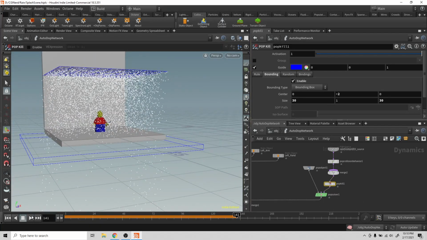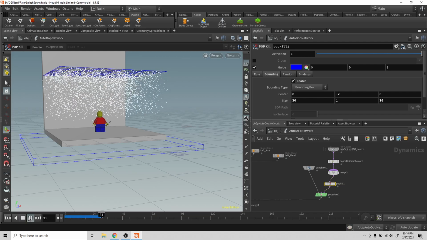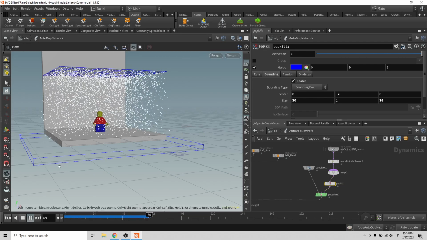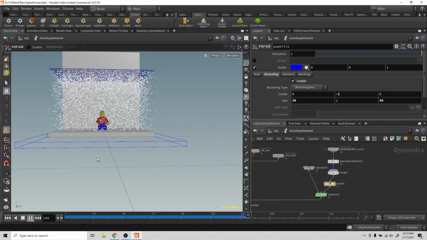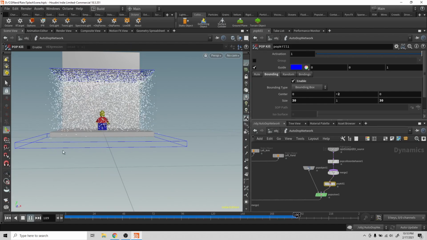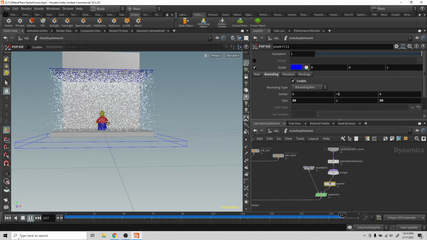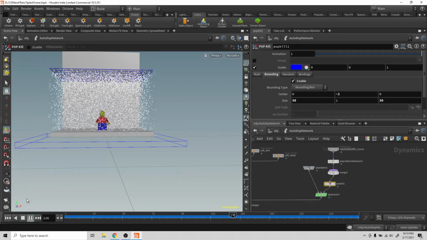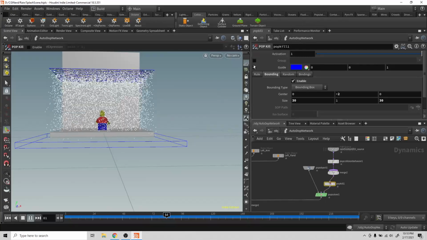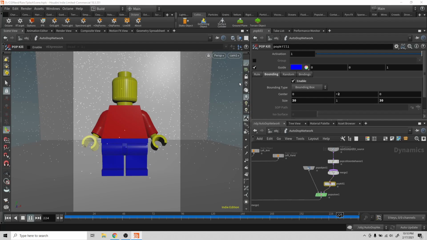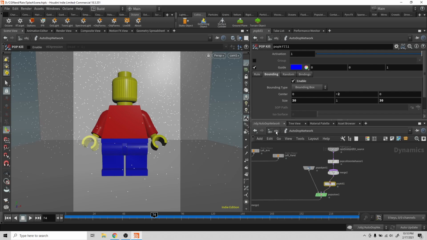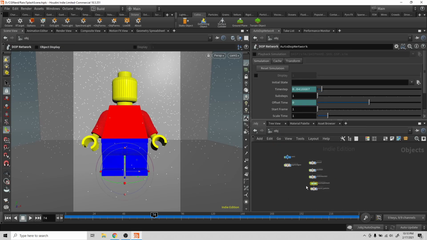Let's try this now. So we can see anything that's going in there is going to kill off the particles, which is great. So that way we don't have a whole bunch of particles that are not ending up being used. And if we go to the camera, we're never going to see those. So that is fine. Okay,